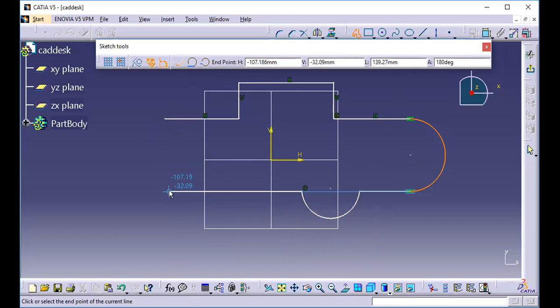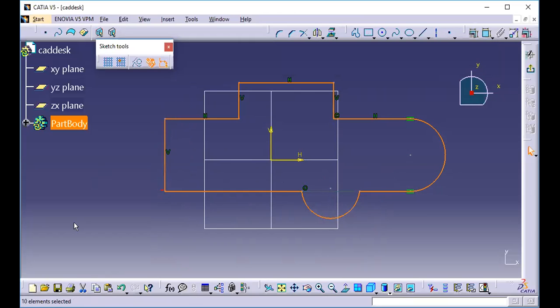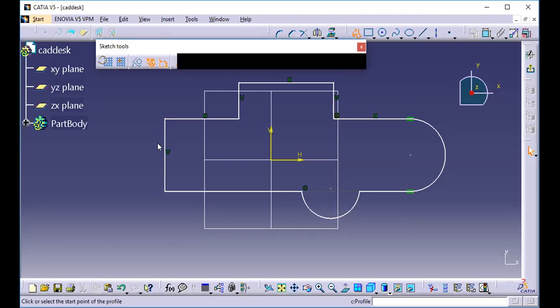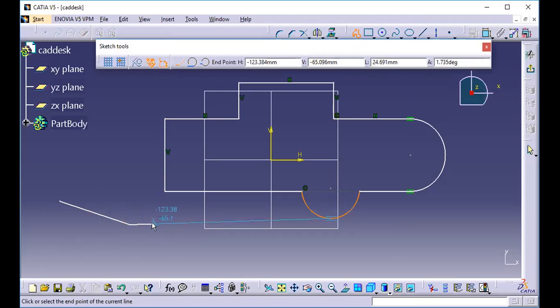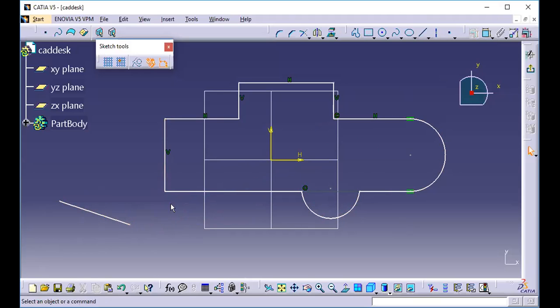So while sketching, we can apply some auto constraints. Now, suppose I am creating a line which is not perpendicular or parallel or vertical, and I want to make it vertical. So what can I do? Just remember there are two